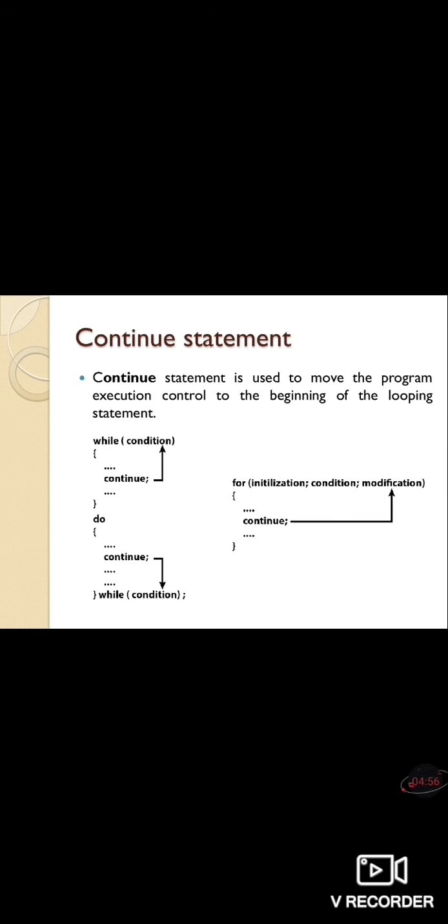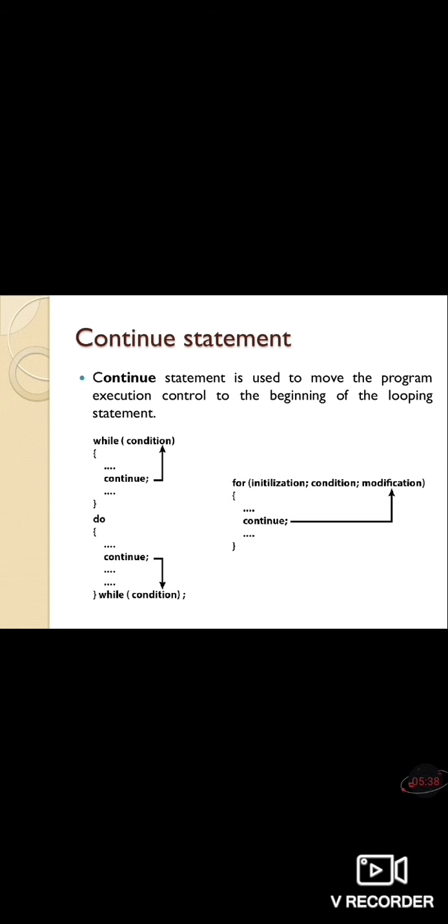When we use continue statement with while and do while statement, the execution control directly jumps to the condition. When we use continue statement with for statement, the execution control directly jumps to the modification portion, that is increment or decrement or any modification of the for loop. The continue statement execution is as shown in the following figure, that is when the continue statement is encountered within the while loop, the flow of the execution moves to the condition.